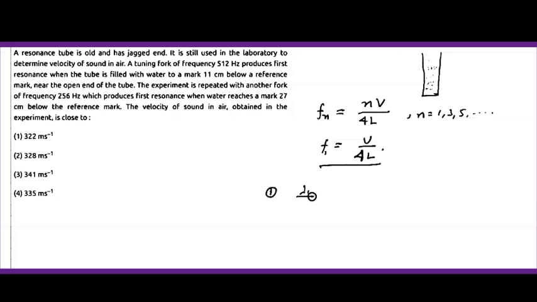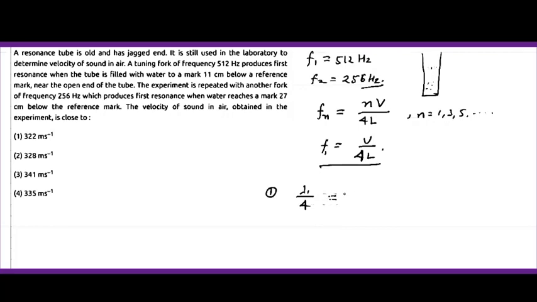लैम्डा वन मान लेते हैं कि जो ये फ्रिक्वेंसी है ये लैम्डा वन है, तो लैम्डा वन इक्वल टू हम यहाँ पर मान रहे हैं 512 हर्ट्ज, और जो दूसरा फॉर्क है उसकी फ्रिक्वेंसी... सॉरी ये फ्रिक्वेंसी है, तो इसलिए हम इसको लैम्डा ना लिख के फ्रिक्वेंसी के टर्म में लिखेंगे, एफ के टर्म में। ठीक है, तो एफ वन यहाँ पर 512 हर्ट्ज है, और एफ टू की वैल्यू यहाँ पर गिवन है 256 हर्ट्ज है।